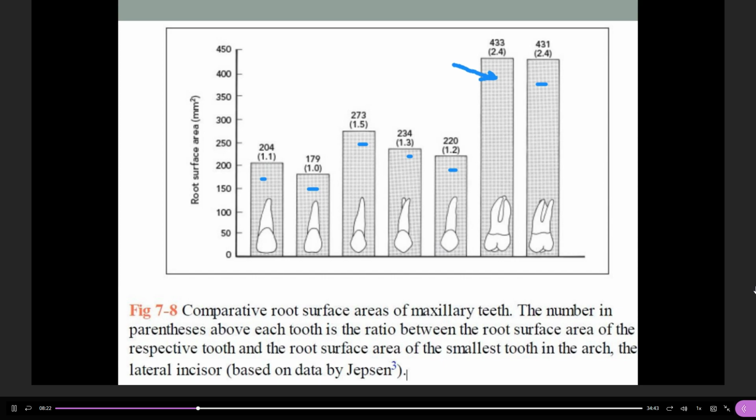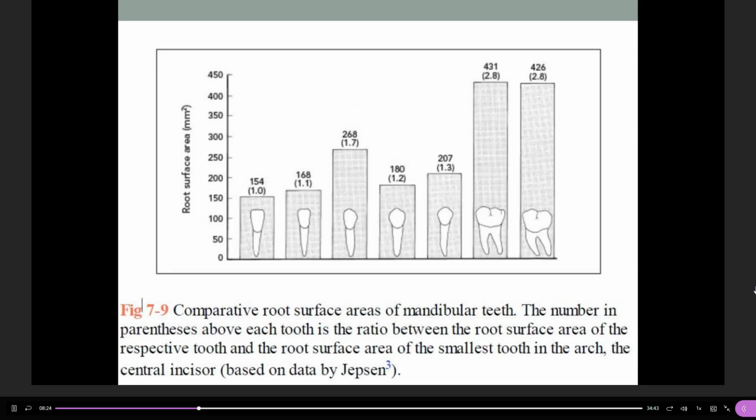Similarly for the mandible, a slight modification is there. Here the central incisors are weak. The central incisor is the weakest tooth, compared to the upper arch where the lateral incisor is weakest. The remaining teeth are the same. So the maximum is for the first molar, then the second molar, canine, followed by second premolar, which is greater than the first premolar, then lateral incisor, and the least is the lower central incisor. You should broadly remember, you don't need to remember the values, but you need to know which tooth has greater root surface area. So keeping these things in mind,